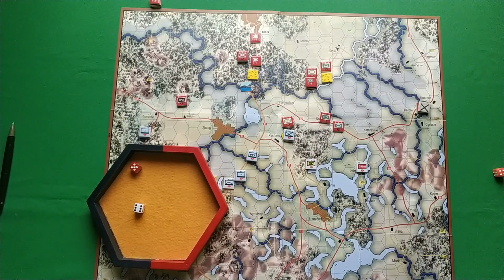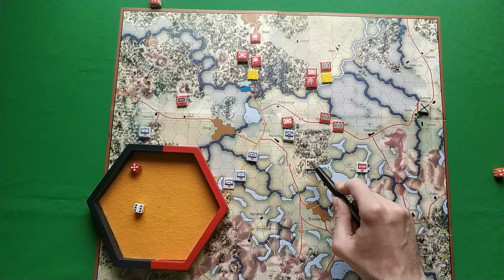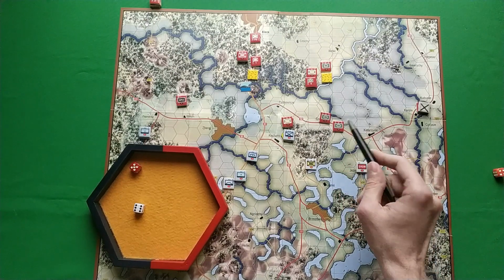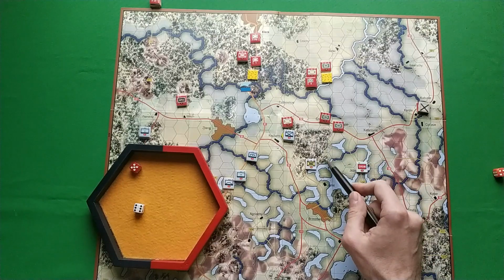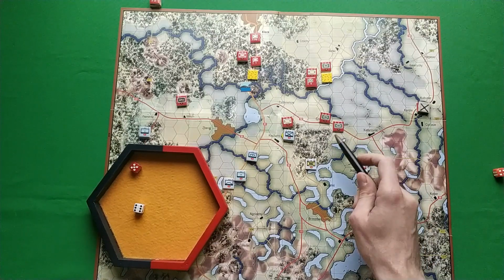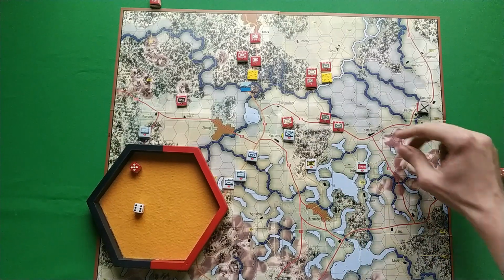Okay, next let's move our units that are on the board. Here we have this Polish mechanized company that my tanks shattered before, but now they are in the woods. And tanks that are fighting in the woods have their strength halved. So I am not sure if I want to attack them with all my tanks, or I want to move